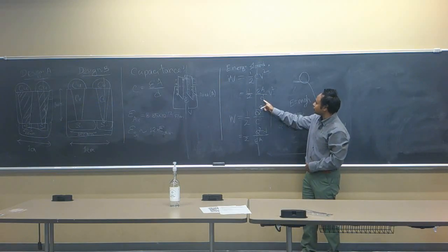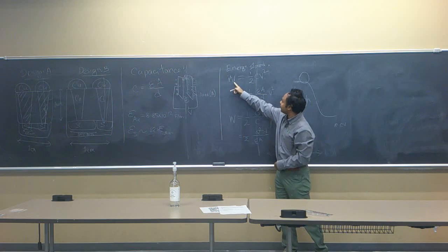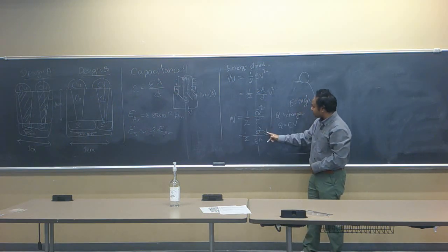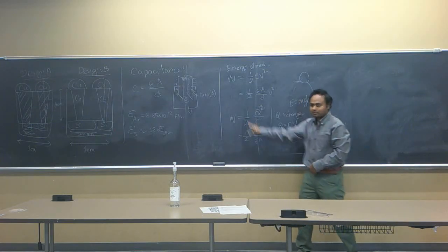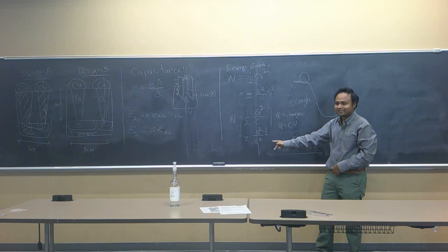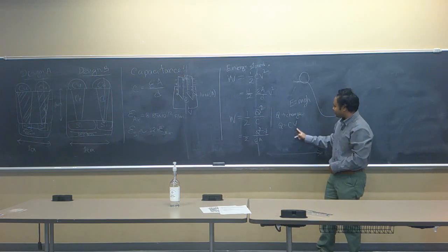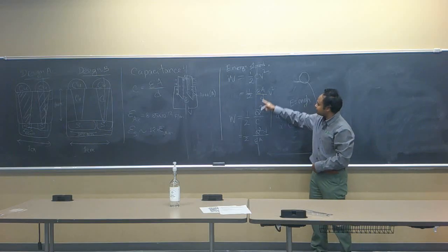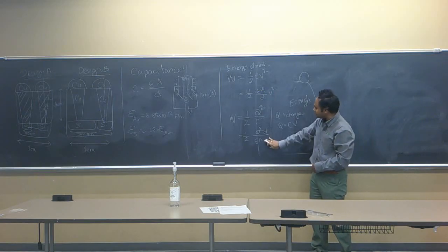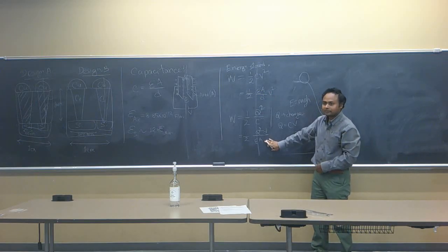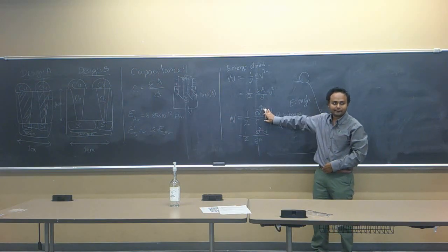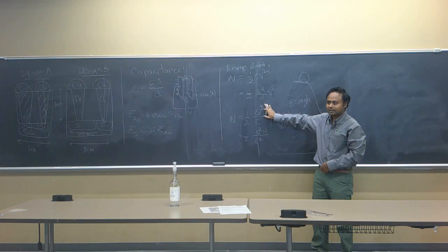How come they are so different? One says that you have to increase D in order to minimize energy. The other says that you have to decrease D in order to minimize W. They are the same thing. I'm not cheating. I just used the same formula, Q equal to CV, but I'm getting two completely different results. Right? What is going on here? Did I mess up somewhere?